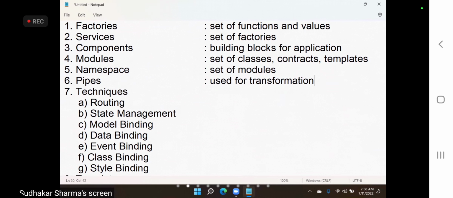And a framework contains a lot of techniques like routing, state management, model binding, data binding, event binding, class binding, style binding. These are used for various interactions. Every technique is individual. Routing is a technique used for designing navigation in an application.